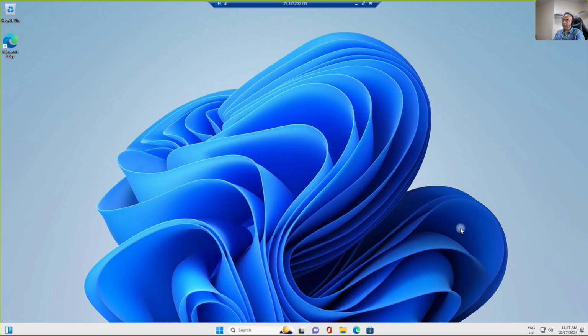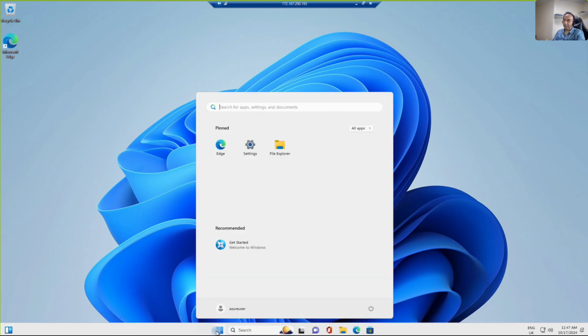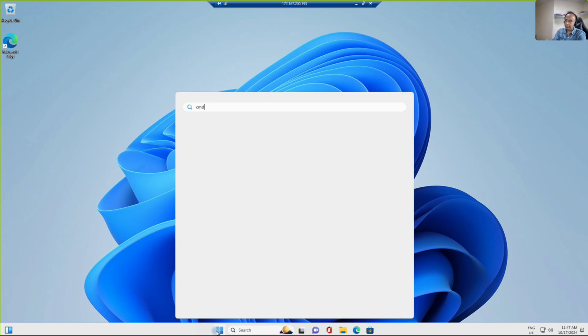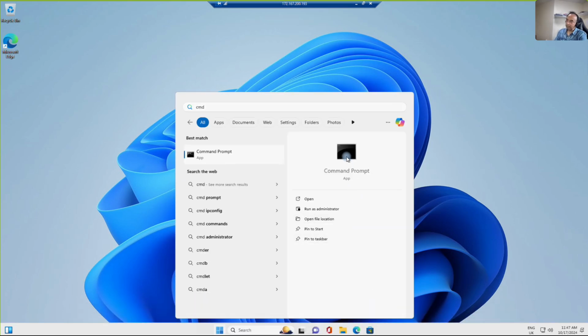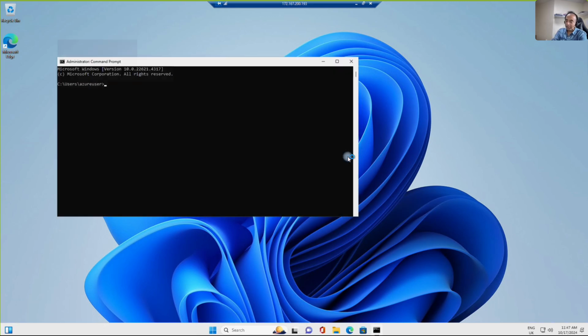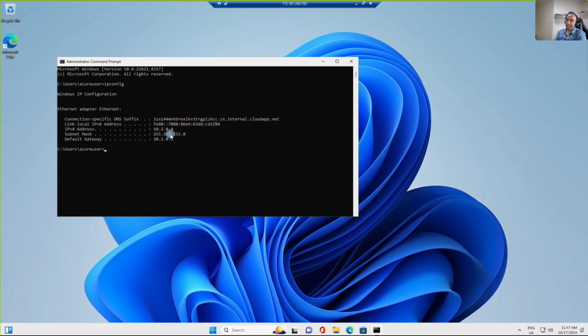Right, so we have successfully created everything, and if we go to command prompt, you can see our IP address. See, this is the IP address, 10.2.0.4, that's been created. I hope this is very informative on how to connect to the machine. So what we'll do now, make sure we